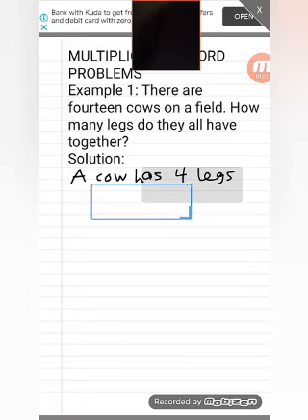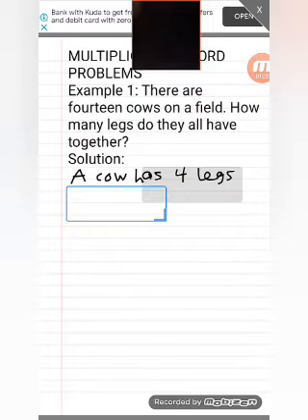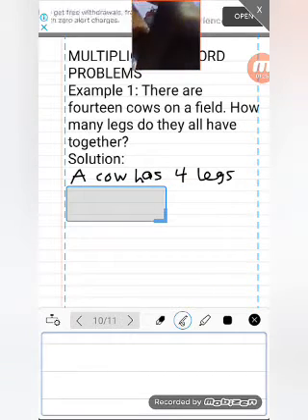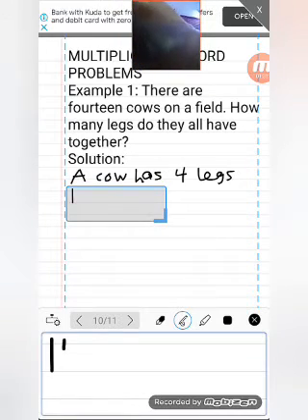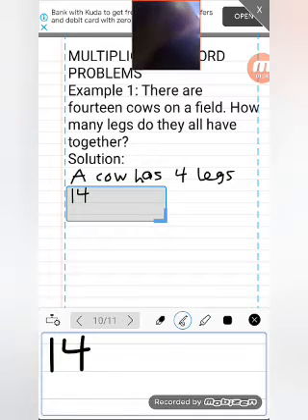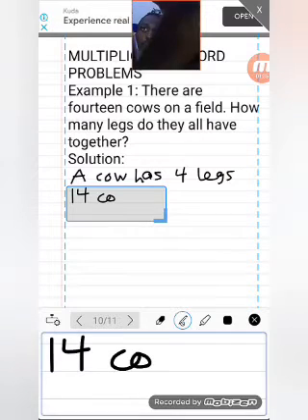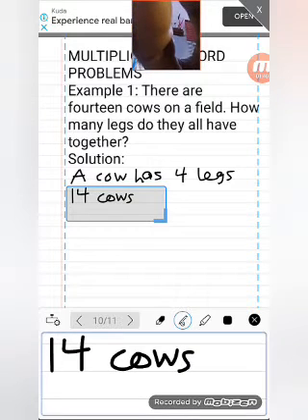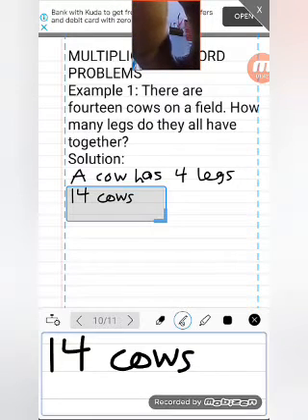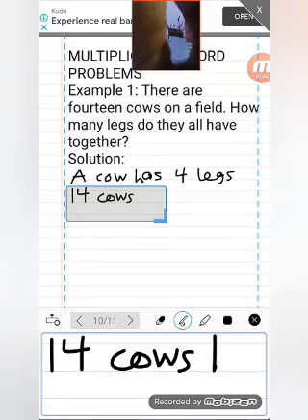That is, one cow has 4 legs. Now, 14, that's 1 and 4. 14 cows have